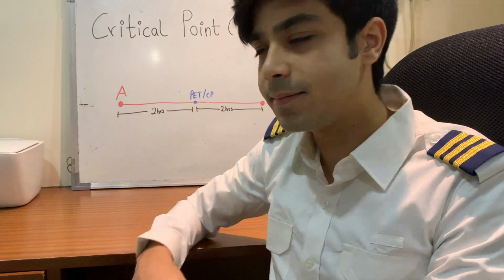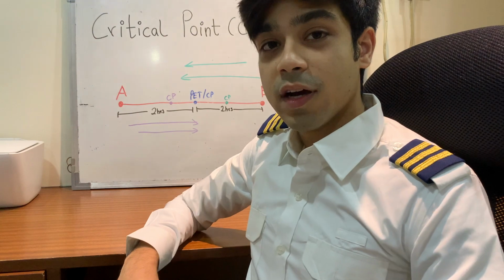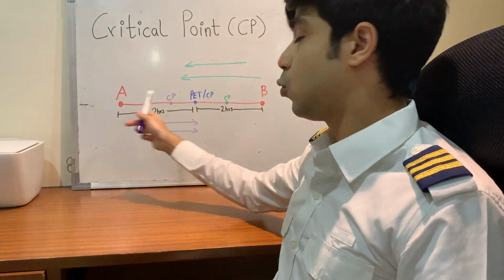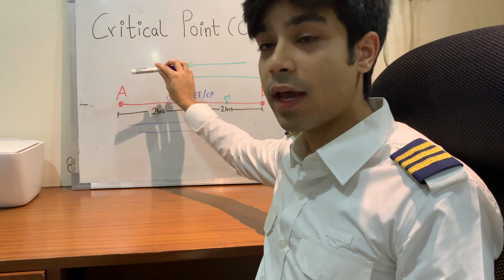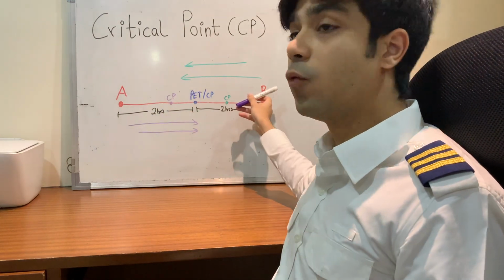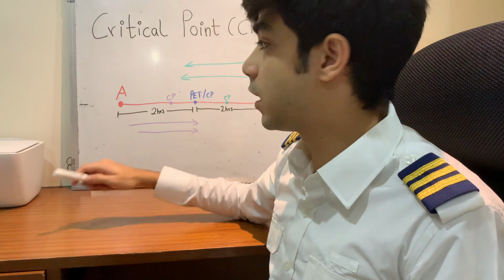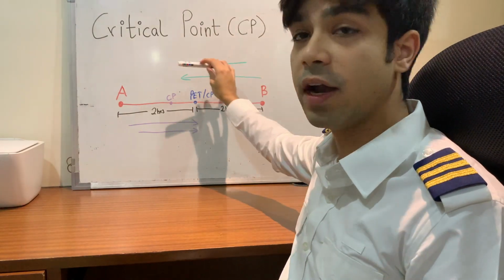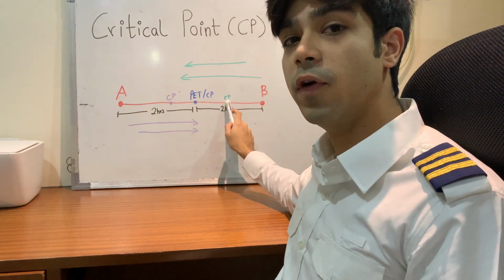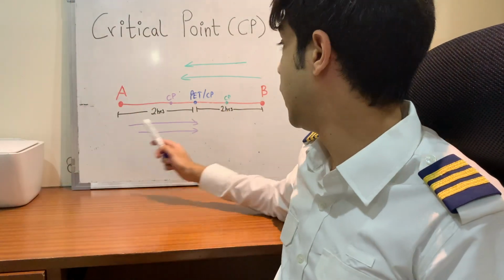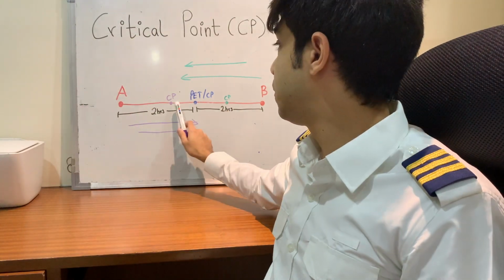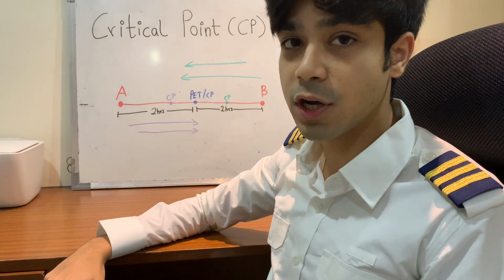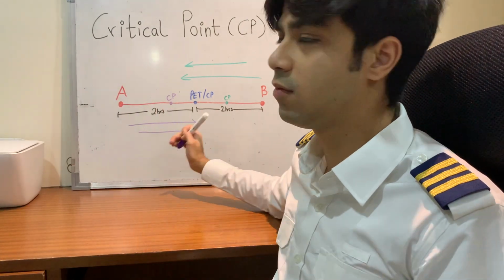In case of winds, CP always moves into the wind. What do I mean by that? I'll show you in just a second. When we consider our airplane flying from A to B, this is what the headwind is going to look like. The CP is going to move into the wind, so from where the wind is coming from, basically. In case of a headwind, CP is going to be further away from your midpoint. In case of a tailwind, CP is going to be closer to your departure aerodrome than your destination aerodrome, as you can see, into the wind.